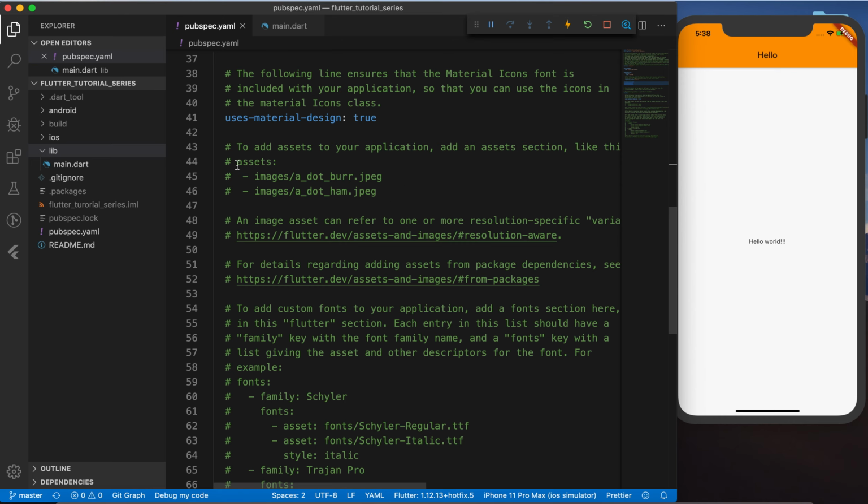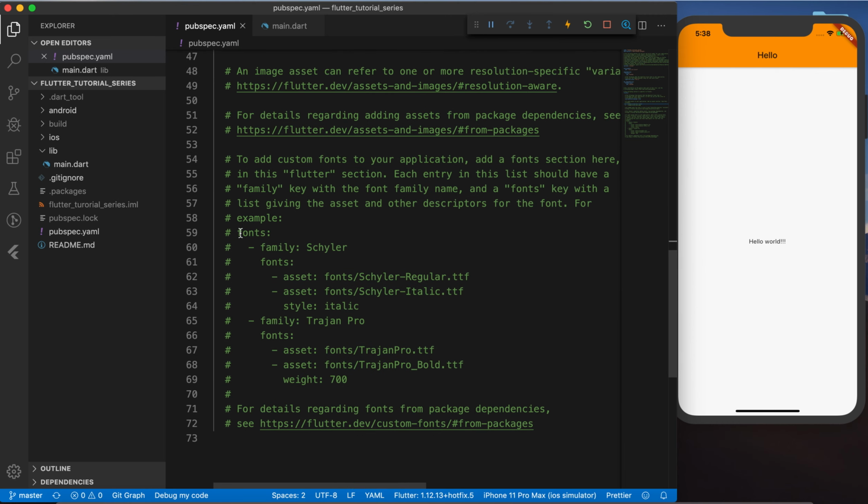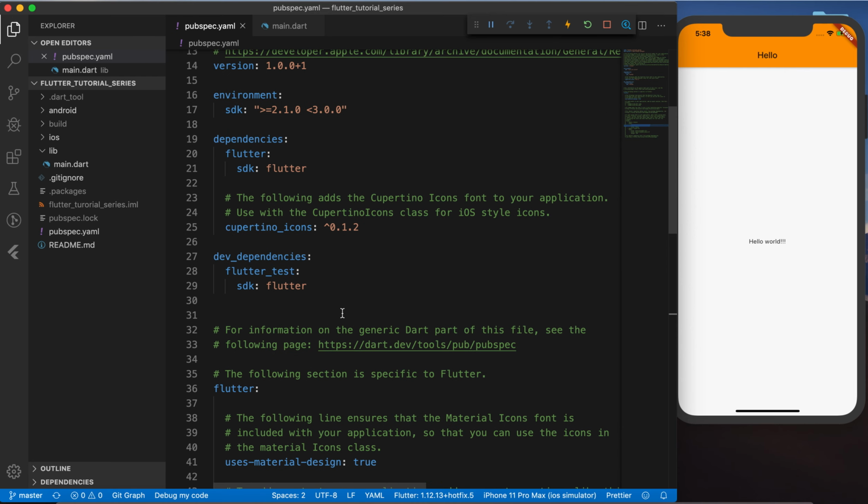If you want to use some assets, we would create an assets folder here, and inside that assets folder, if you create an images folder, and inside that you have some image.jpg or .png, you have to define here that you want to use these images. And then inside code, we will learn how we could use those assets as well. Apart from assets, we could also use fonts, the third-party fonts you want to use inside your application. So this pubspec.yaml file is very similar to what you may have seen inside your React projects or Node projects,